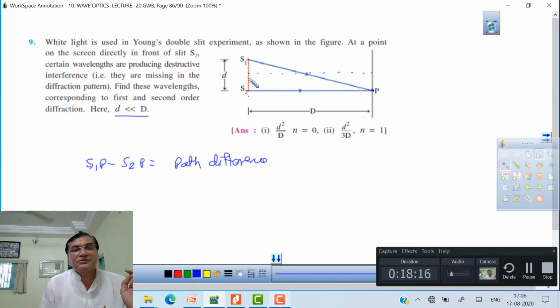And you have given this condition also. This distance is very large. Sorry, this distance is large compared to this one. So how can I find it? So S1p is equal to, we can say, write that